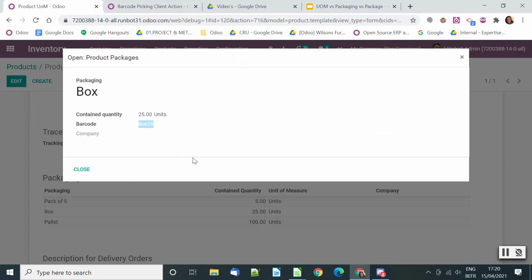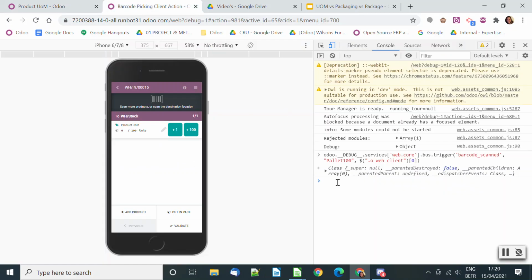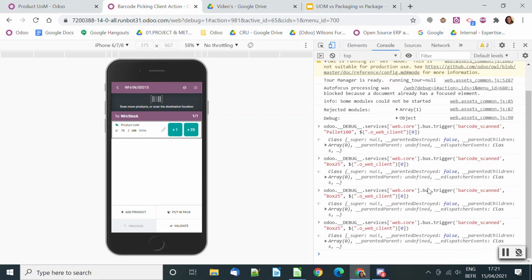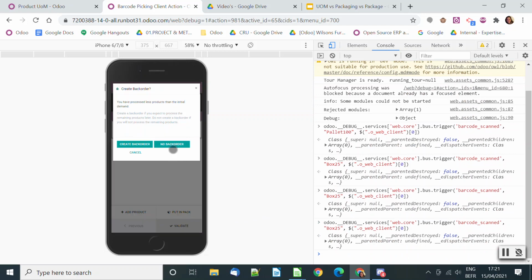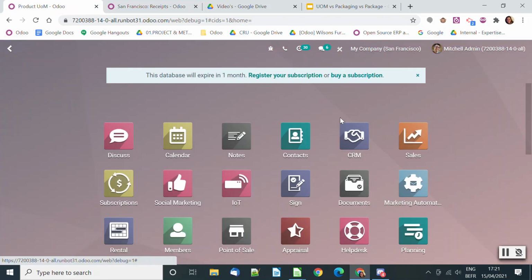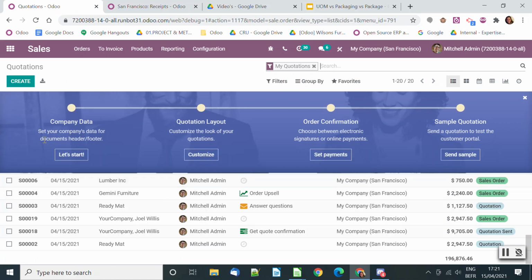I will scan the box of 25 and I put here my barcode. I just need to remove the spaces, and now I have 25 units, again 50 and 75 for example, and I can validate and say that I don't want barcodes. So it's very useful to use the packaging, and you can in addition add the ID of packaging in your